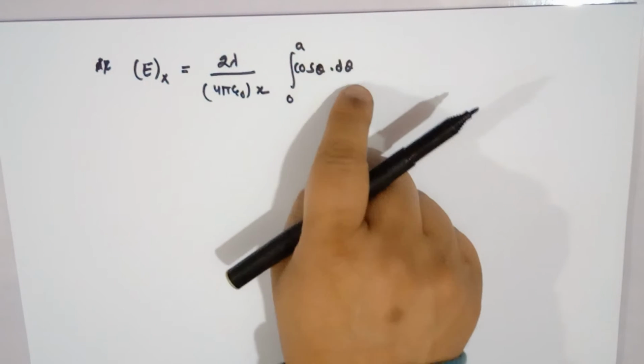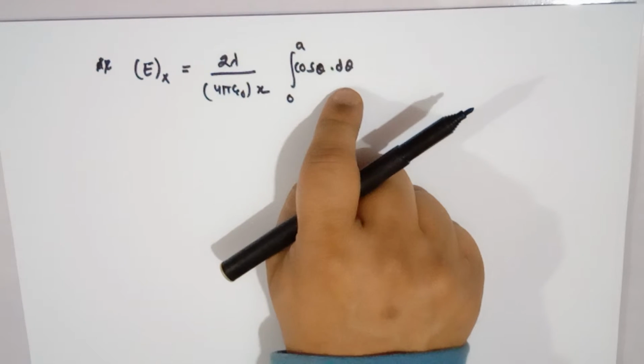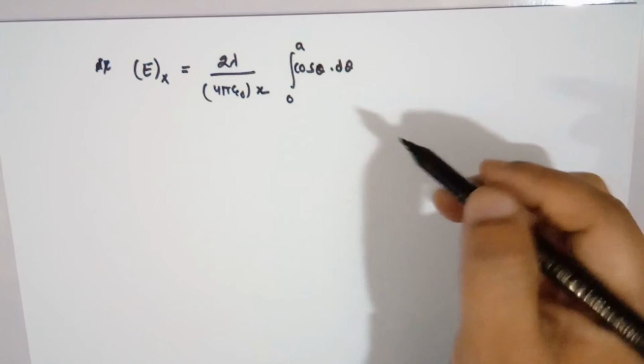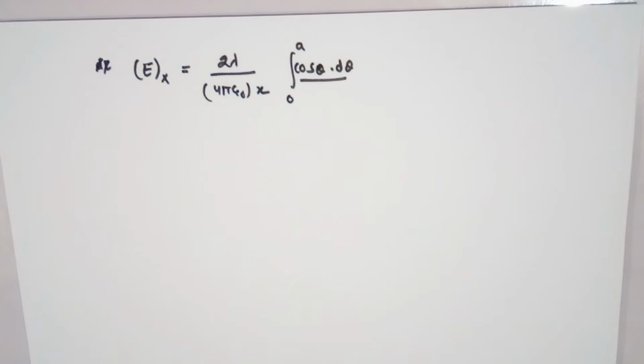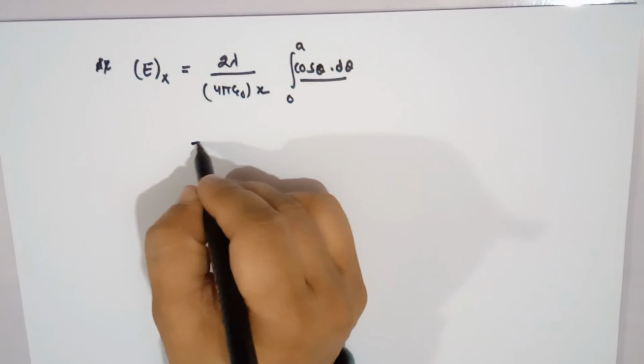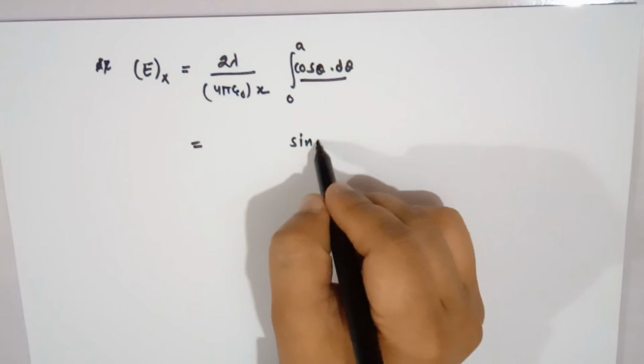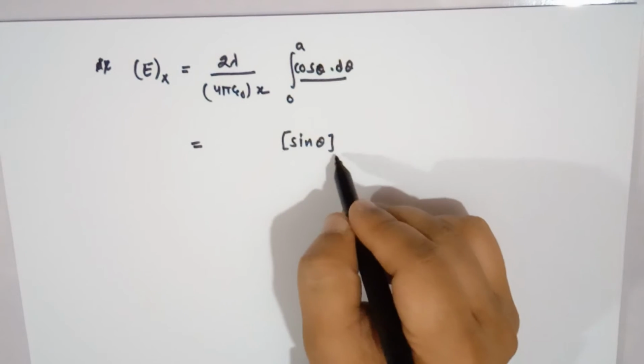And you know that when you integrate cos theta, it becomes sin theta. So that becomes sin theta, with the limit from 0 to a,